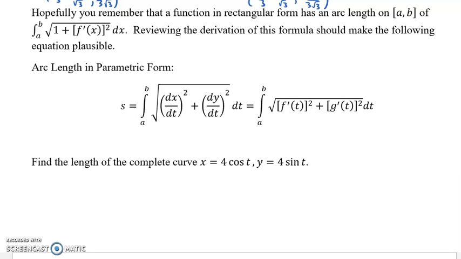Once upon a time, last semester, I believe, we learned how to find the arc length of a rectangular curve. It used the derivative of the function that we then squared, and then we added 1 to it, and then we took the square root of it. At first glance, it doesn't look like it makes any sense, but when you watch the derivation, you realize that